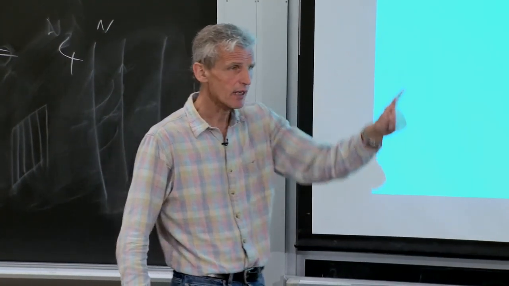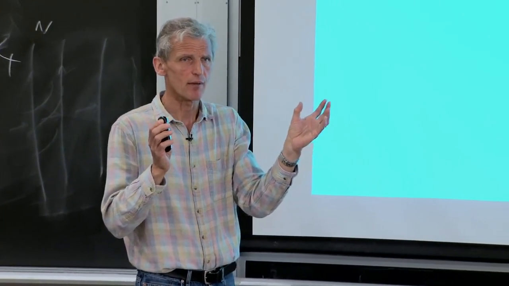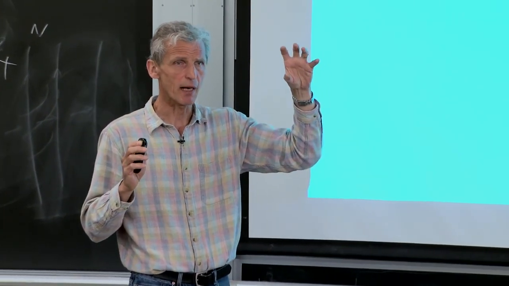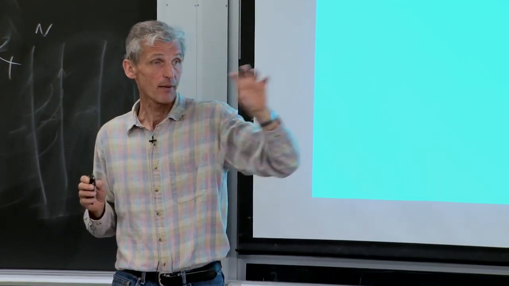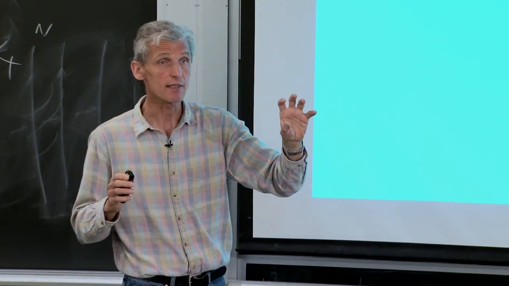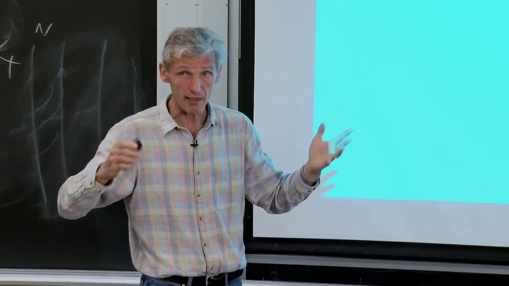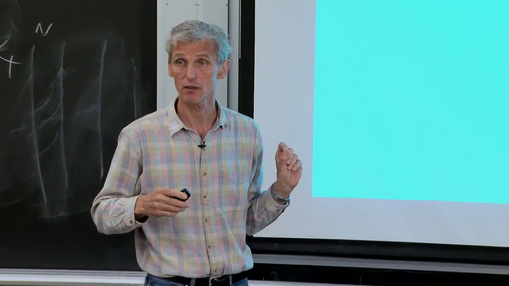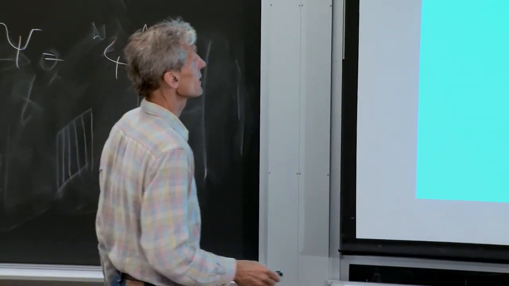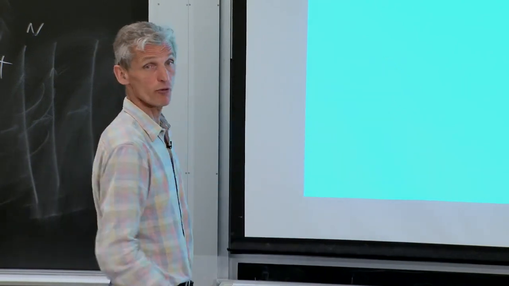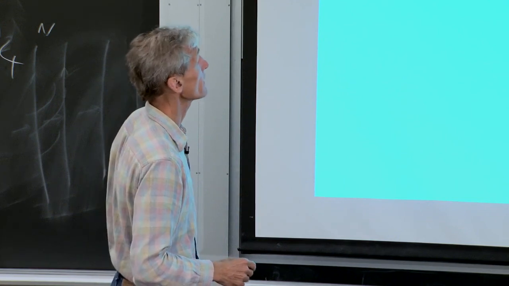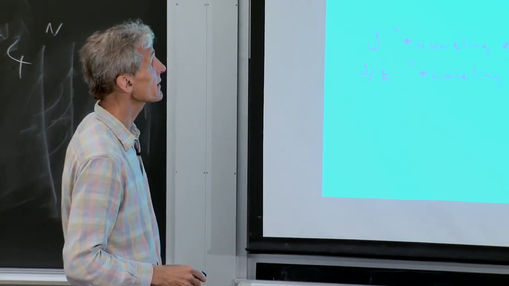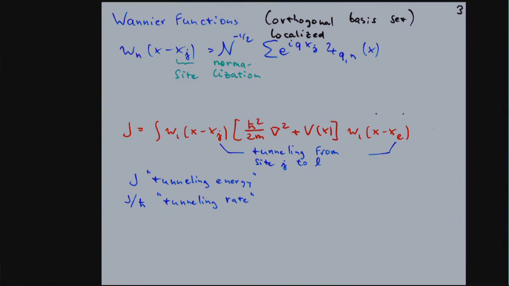But if we have the tight binding limit, there is another limit which is important, namely a particle is localized and hops around in the lattice. The localized particle, of course, in free space would be a wave packet, a superposition of plane waves. So let's do the same in the lattice. Let's construct superpositions of Bloch waves, and these are our wave packets, and the wave packet is now called the Wannier function.